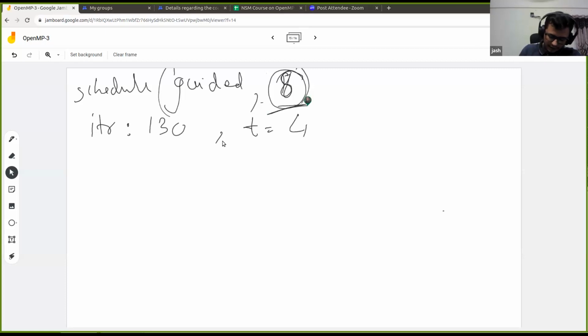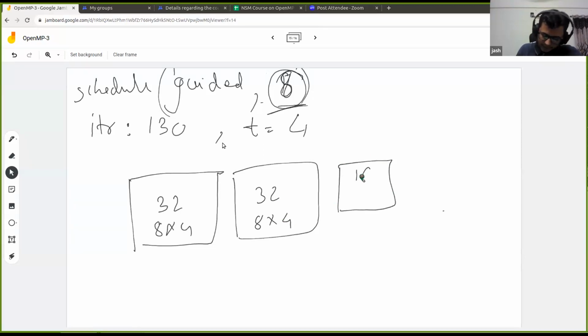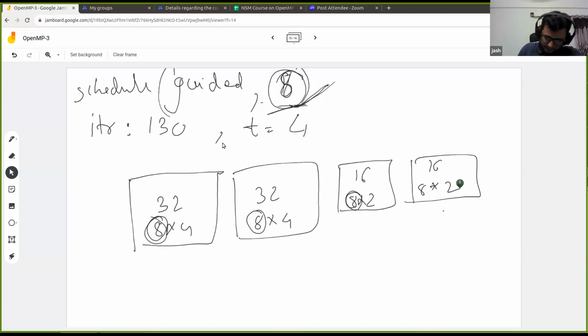So it will create a chunk size of 32, which is nothing but 8 into 4. It might create 2 such chunks. Then it might create a chunk of size 16, which is nothing but 8 into 2. Please note that this 8 is coming from the chunk size written here. And then it might make a few more chunks of size 8 itself.